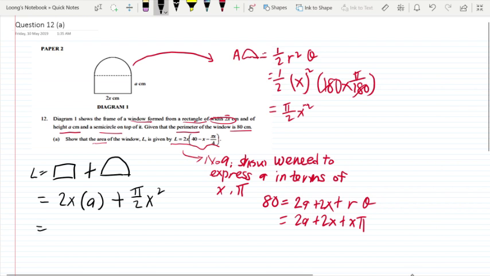And as you can see here, we could also express a in terms of x or pi. So we express a as equal to something, which is 80 minus 2x minus x pi, over 2,